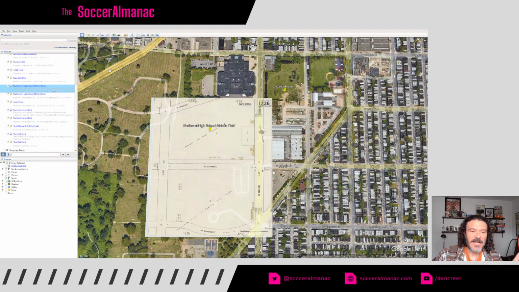So I personally just call them Philadelphia FC because I'm really not sure if they're Philadelphia Field Club or Philadelphia Football Club. If somebody could come and easily convince me they're definitely the Field Club, I don't have a problem with it. It's just me personally, I don't know. Anyway, so I call them Philadelphia FC.